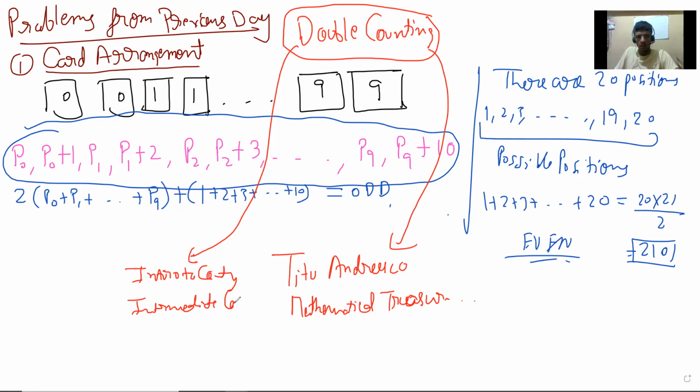Intermediate Counting. So this is the AoPS book. David Patrick and the other guys, I don't know the name. Richard Rusczyk, I don't know if he wrote it, he was in it, but David Patrick was certainly there. Intermediate Counting probably has a chapter on double counting, and they do it very